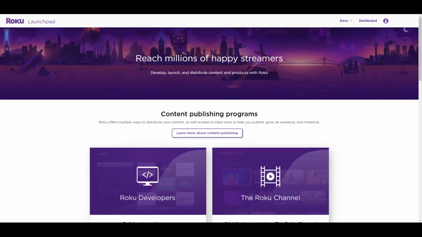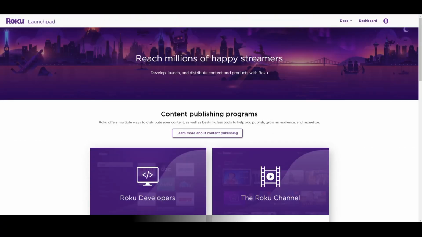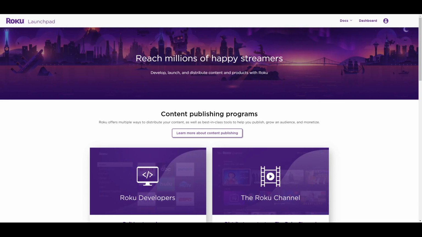You'll arrive at the Roku developer dashboard, and your account is set up and the developer option is enabled. You also need to link a Roku device to your account to publish a channel. It can be a Roku-enabled TV or any of the available Roku devices. Then you can start creating and publishing channels.